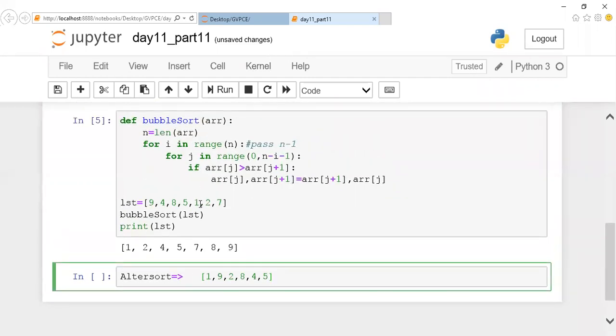Start doing, guys, the same logic. Don't modify the logic here. Or else it is not required to use bubble sort also. You can use any one of the sorting techniques which you're familiar with, or normal sort also. It's up to you. But I need this to be implemented. This is my condition. My data should be in this manner: first half and next half. If you're familiar with normal sorting, you can make use of it also. I didn't give any condition, guys. It is not required to use bubble sort, but I want this as my output.